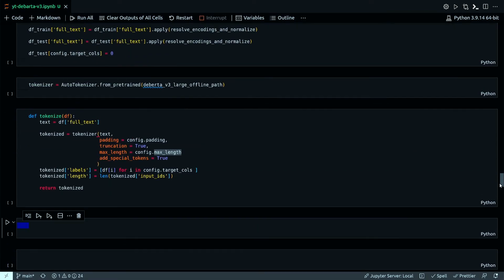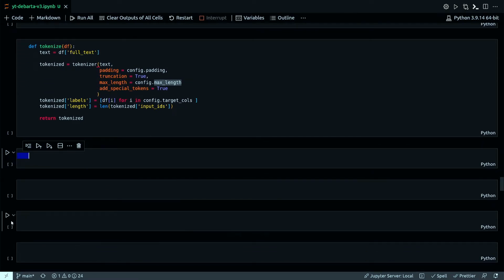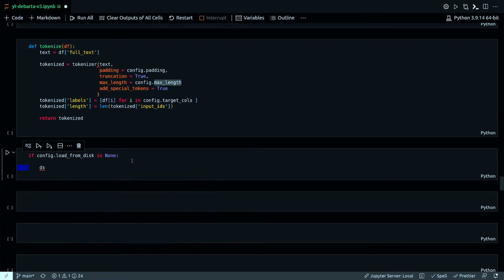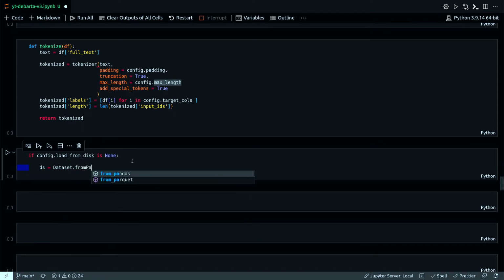And so now that my tokenize is ready, I need to do a little bit of things here to check the proper dataset from pandas is obtained here. So from pandas.